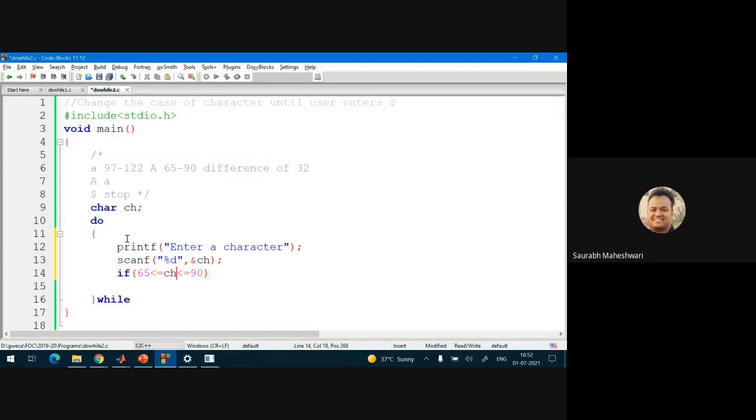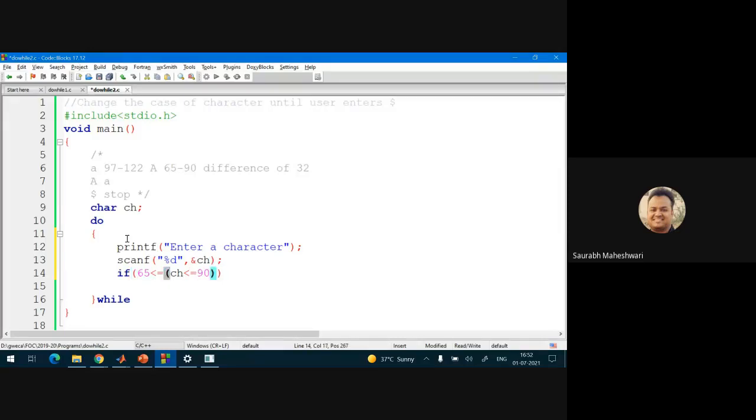This is not a method to write an expression in C. Yes, we do this in mathematics, but in C this expression is not going to run. Why? Because this operator is a binary operator, so it requires two operands, this and this.